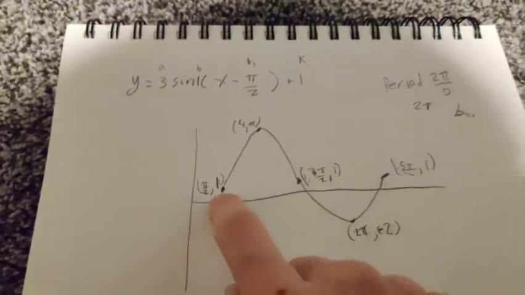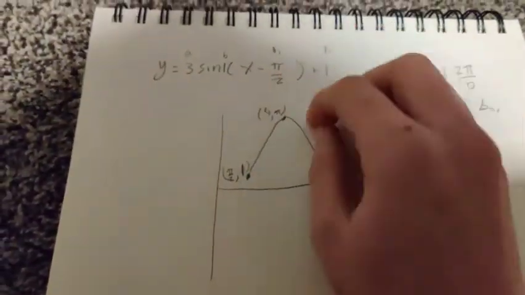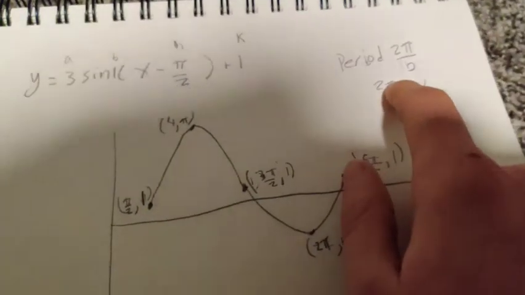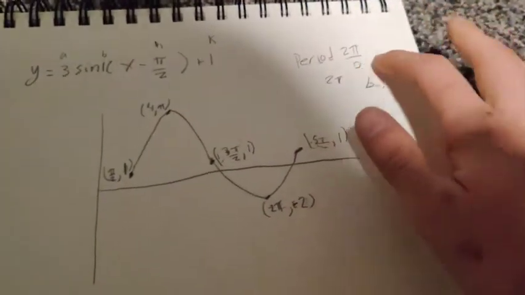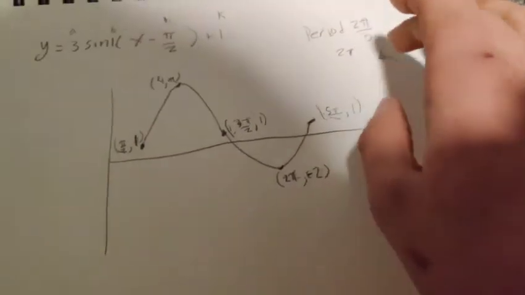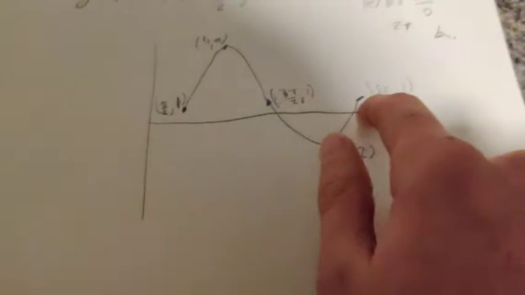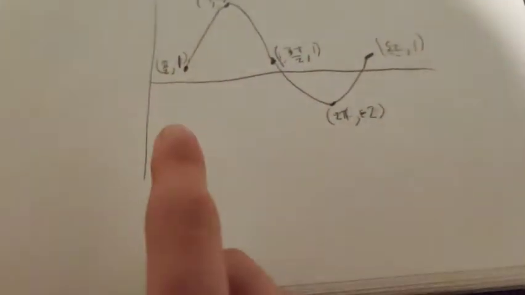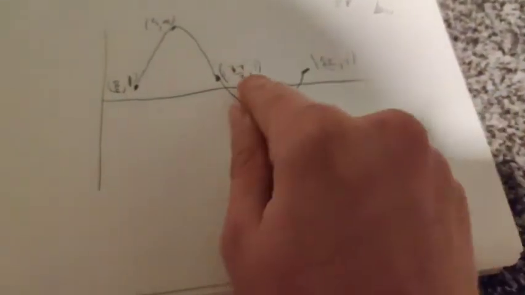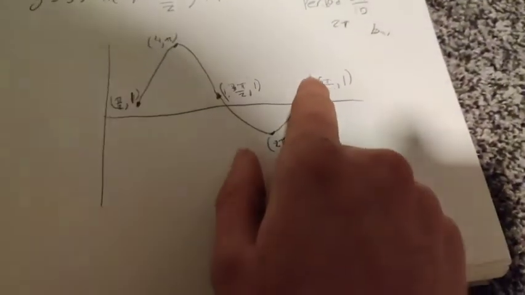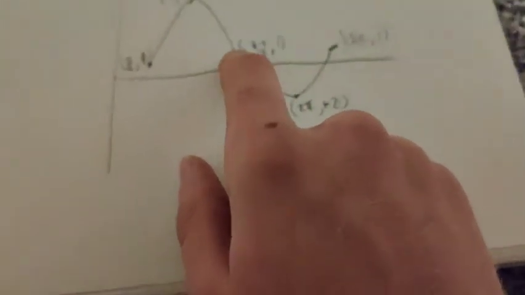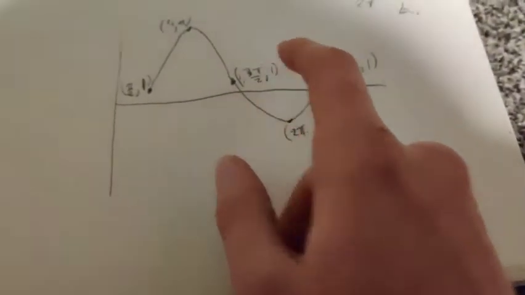And then you do the h and k for the starting point. And you get it right here, but they flip because it's the starting point, and then you find the period, and it's 2 pi over b, so that would be 2 pi over 1, and then you would make this your period. It goes that length, and then you do the midpoint, and that's between these 2 points, and this point is 5 pi over 2, comma 1, and then the midpoint is 3 pi over 2, comma 1,